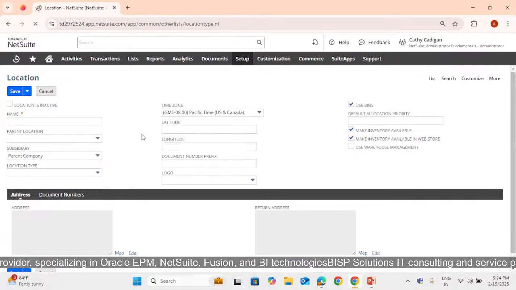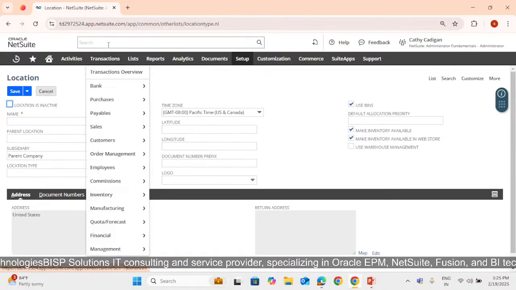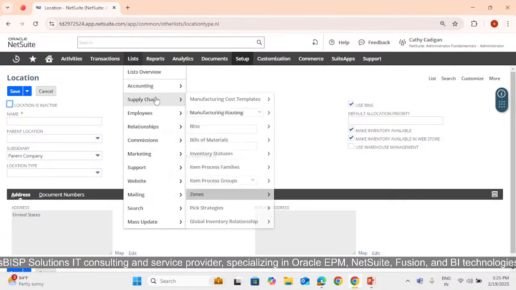Whenever we enter any purchase orders or any receipt, we can get help from this location only. So this is how the location page will look. Then coming to our purchase order,